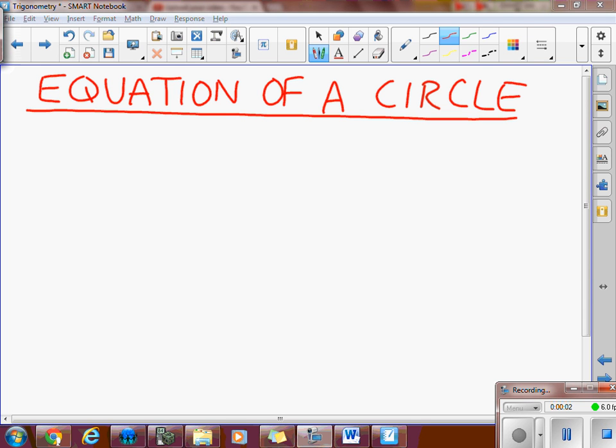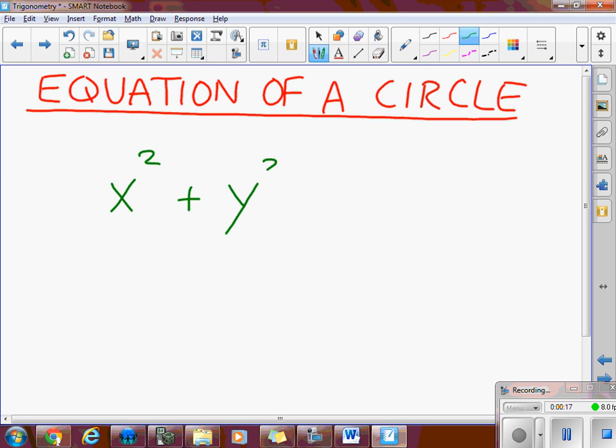We're going to be exploring the equation of a circle now, and this is going to be relating to our trig later on when we start looking at the unit circle, but we're going to look at the general equation of any circle. The general equation of any circle is x squared plus y squared equals r squared,